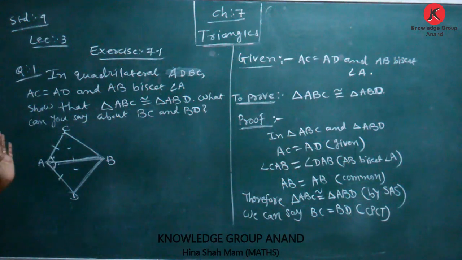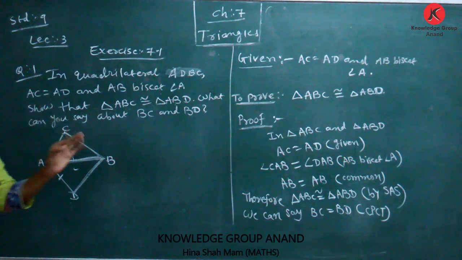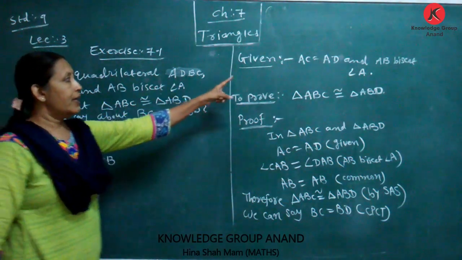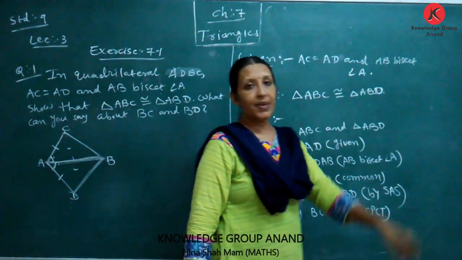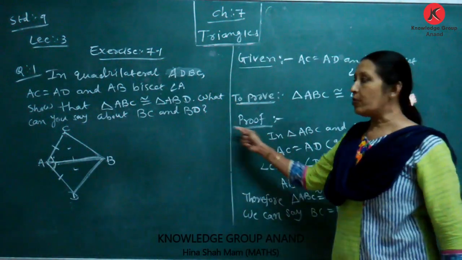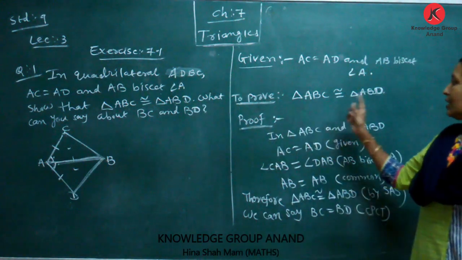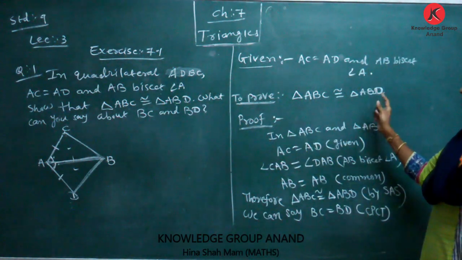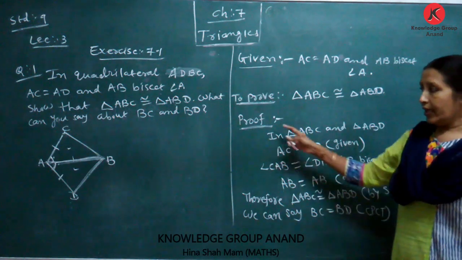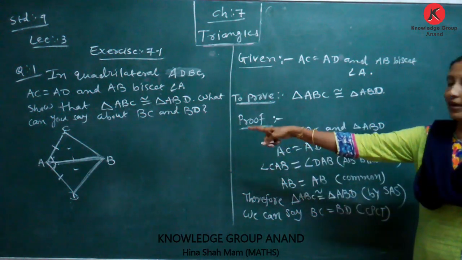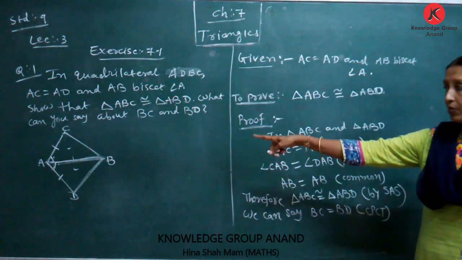What can you say about BC? First we write the given part: AC is equal to AD and AB bisects angle A. To prove: triangle ABC is congruent to triangle ABD. Proof: in triangle ABC and triangle ABD, in the figure there are two triangles,